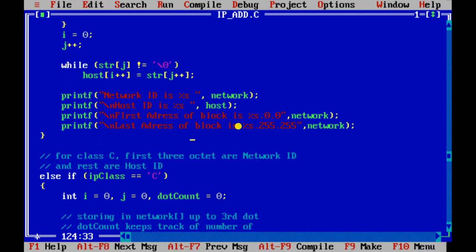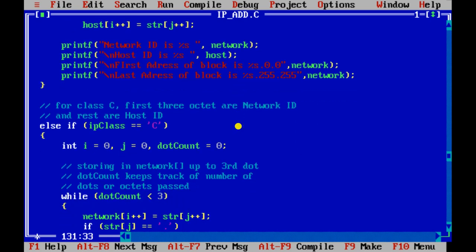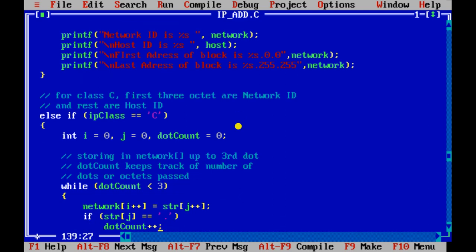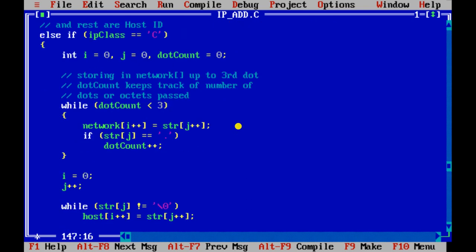Okay, and the same procedure will be there for class C. So for class C you can initially make the dot count as 0. How many dots do we have to move ahead? 0, 1, 2, so total 3 we have to go. Okay, so that much content of the string is copied into network, and the remaining content of the string is copied into host. Initially, until you get 3 dots, all the content of the string is copied into network, and the remaining content until the end of the string is copied into host. Okay,